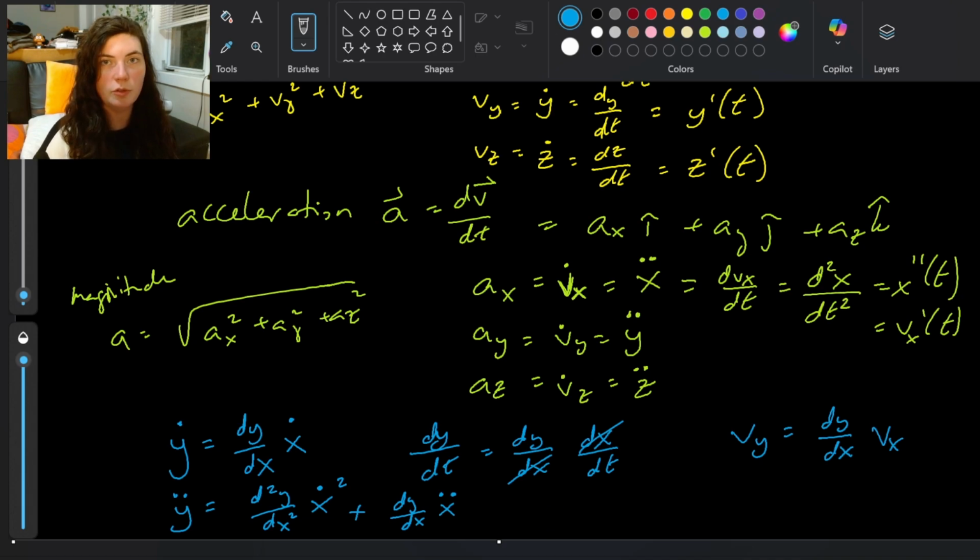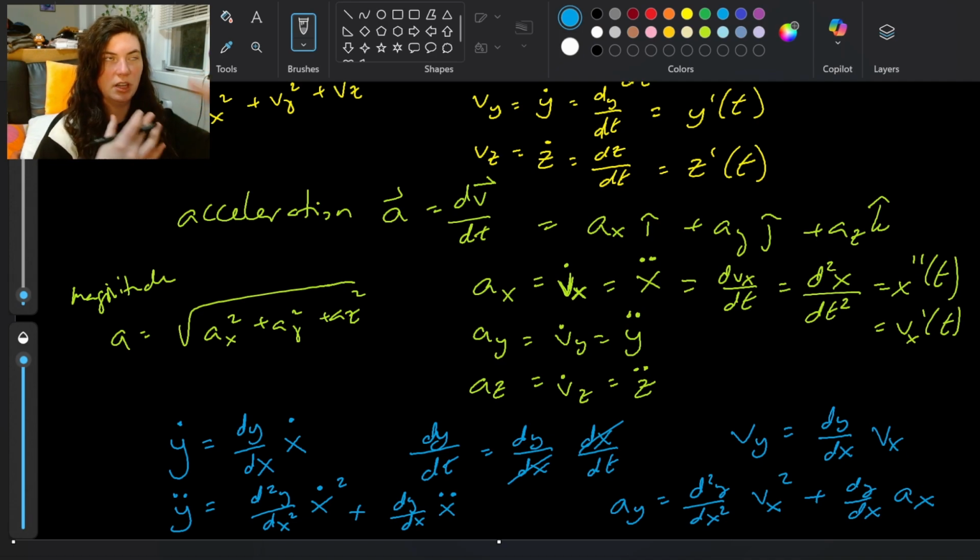So this is really helpful for relating velocities with the derivatives of these x and y position with our accelerations. So we can also think about it like ay is the second derivative of y with respect to x times vx squared, plus the derivative of y with respect to x times ax. And so these relationships may also help us move between this velocity, acceleration, and position, as well as going between